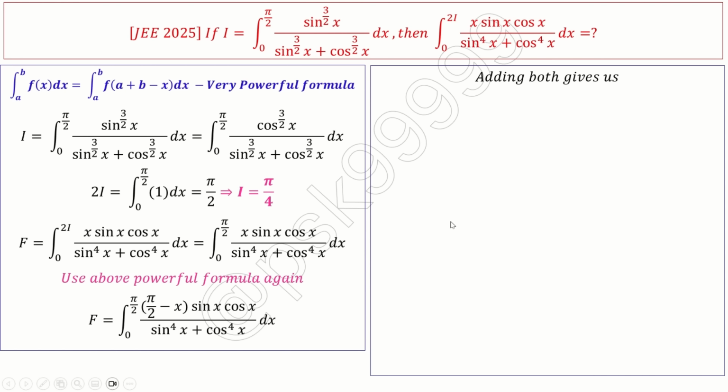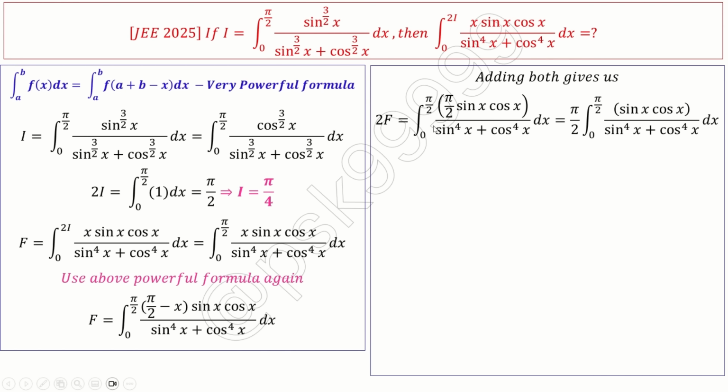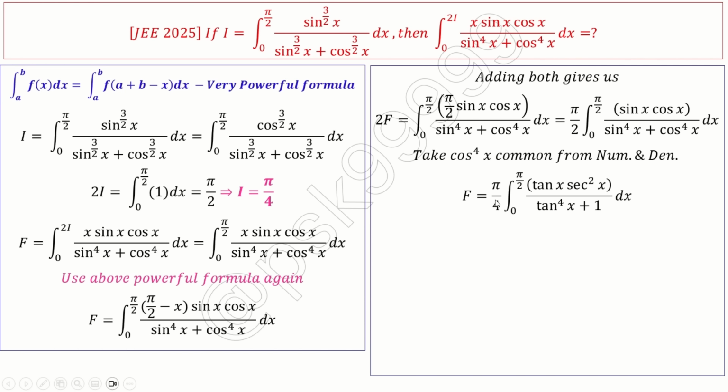Correct? So what I am left with is, adding the above, 2f equal to integration from 0 to pi by 2 of pi by 2 times sin x cos x divided by sin to the power of 4x plus cos to the power of 4x dx, which is, if I take pi by 2 out, sin x cos x divided by sin to the power of 4x plus cos to the power of 4x dx. Okay, now whenever you see such things, you try to convert into tans. How can you do that? You can convert to tan and secant square. Okay, how can I do that? If I take cos to the power of 4x common from numerator and denominator,